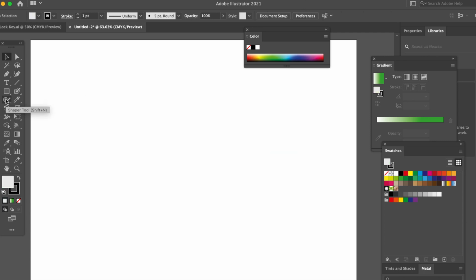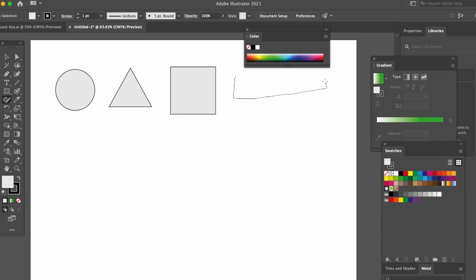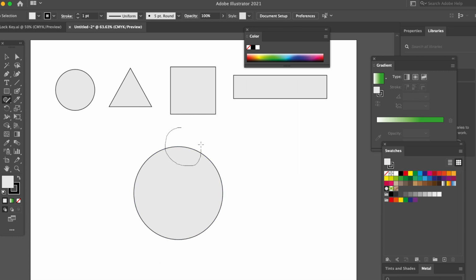Okay, so now we're going to be using the Shaper tool. So I click on here. If you hover, you'll get the shortcut there. Shift N. Okay, so if I do a circle, we'll do a circle, triangle, square, and rectangle. If I do another circle here, and then one at the top, then I just squiggle at the